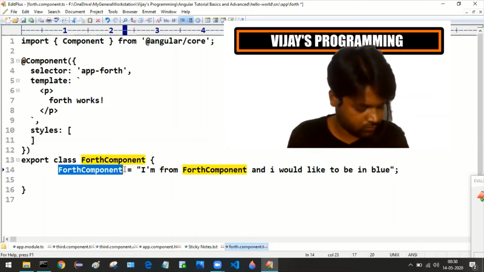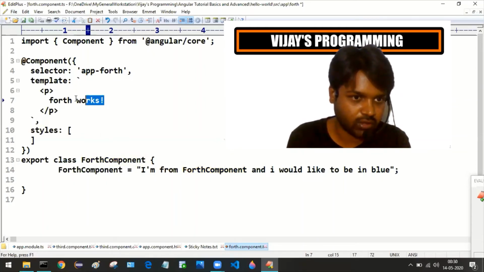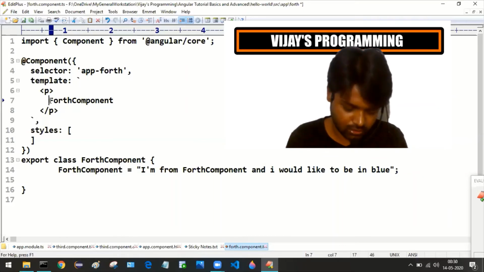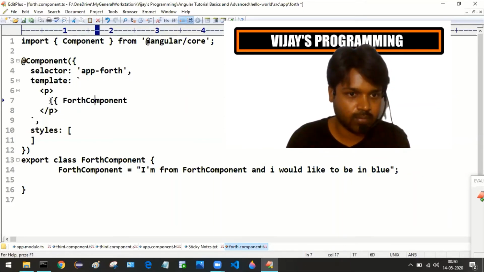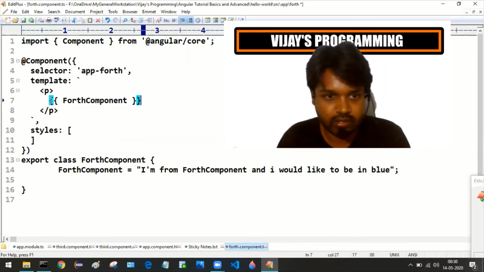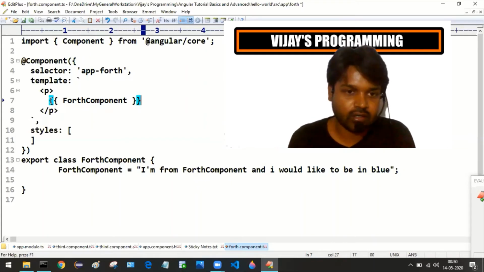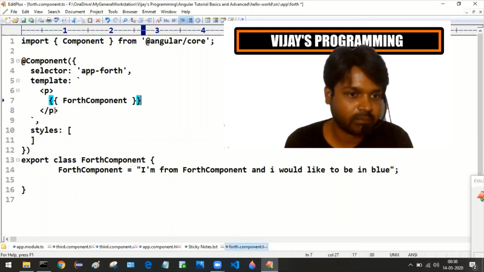And here we are going to use one concept called string interpolation. In the inline template, we are using that string interpolation, and this code has been enclosed with the paragraph tag. And we know the purpose of this backtick: if your code content is expanding to other lines as well, you need to use this backtick.